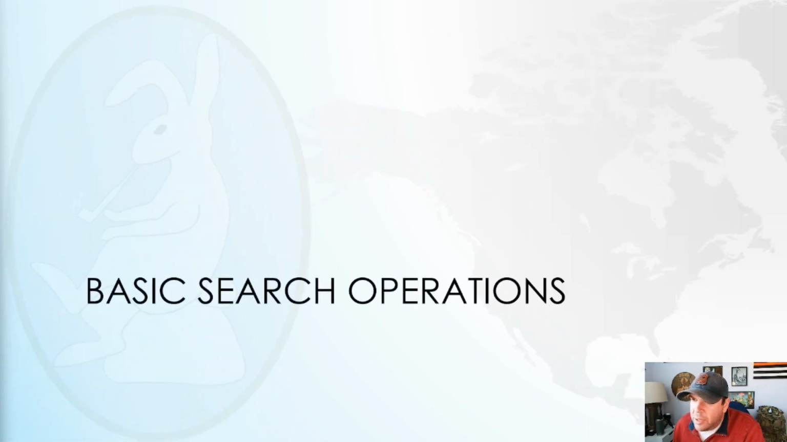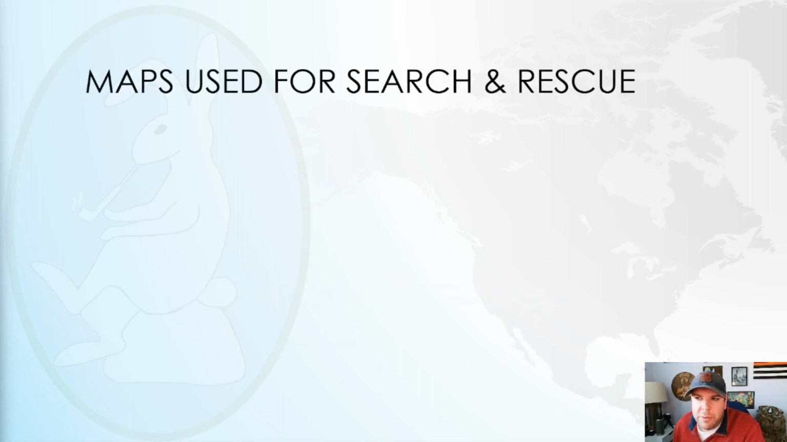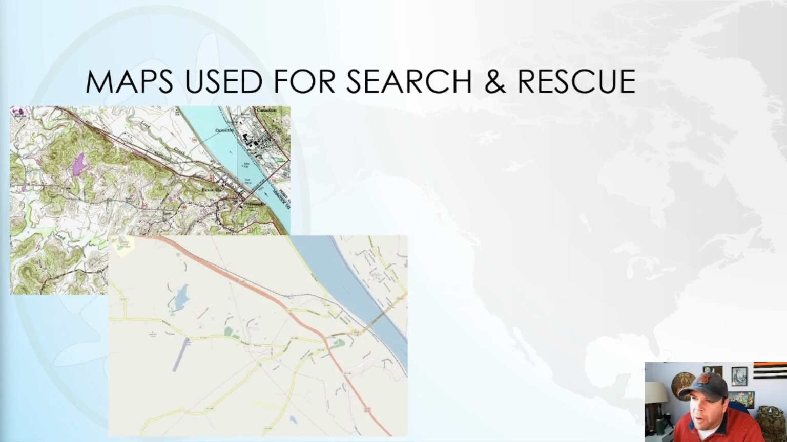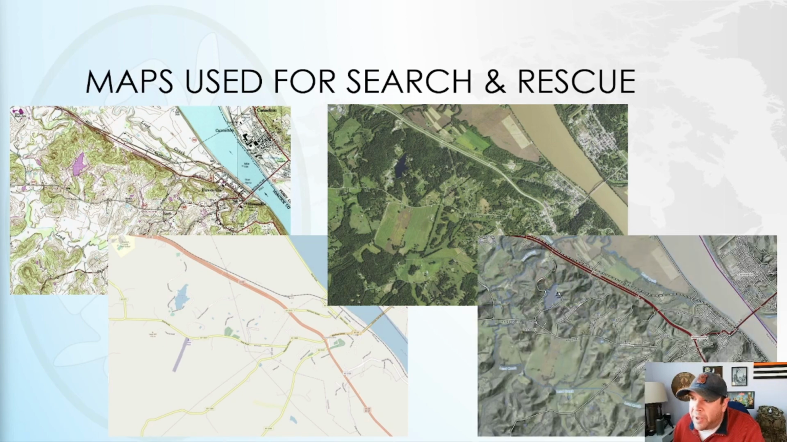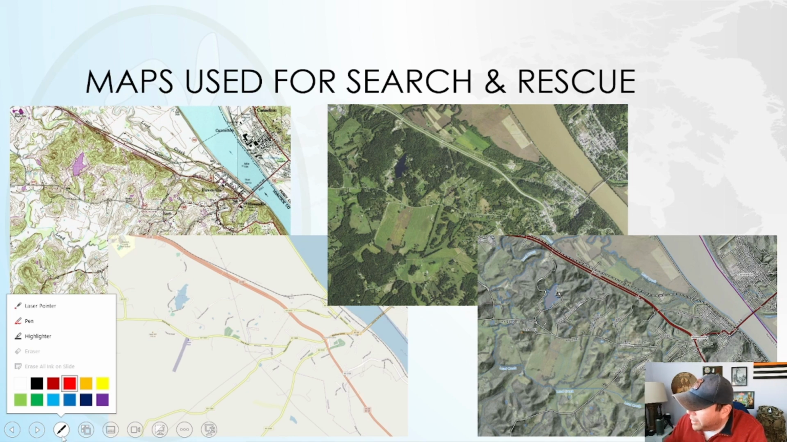All right, guys, welcome back to Elite SAR training and welcome back to the land navigation portion of our basic search operations course. In this particular video, we're going to start taking a look at the maps used in search and rescue. There are many different types of maps that provide valuable information for both the search operator and search managers. The U.S. Geological Survey topographical maps, like this example here in the top left,